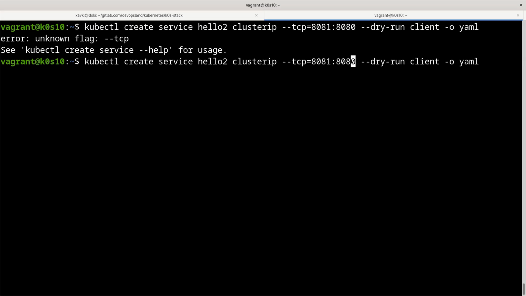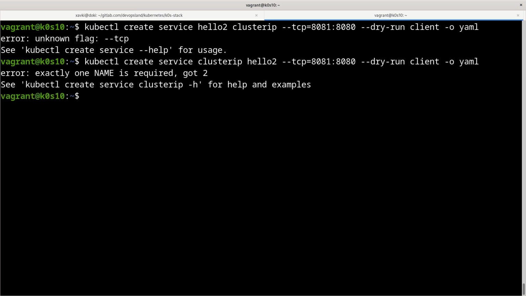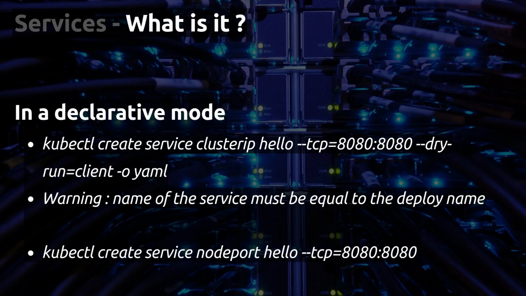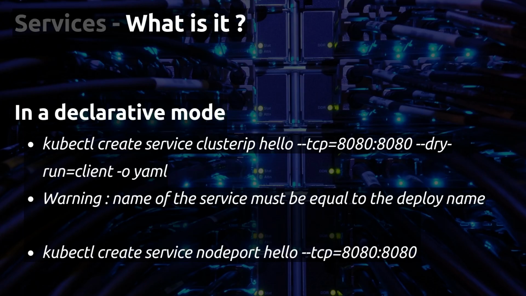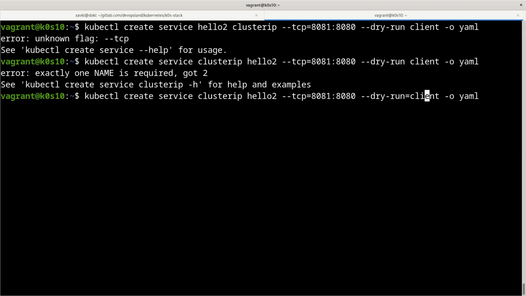So this is TCP 8080. Yes, the name is not here, it's just here, sorry, hello2. So you need to define it just before. So the name is required. So kubectl create service clusterip hello2 --tcp, okay, and set the dry run to client and -o yaml.